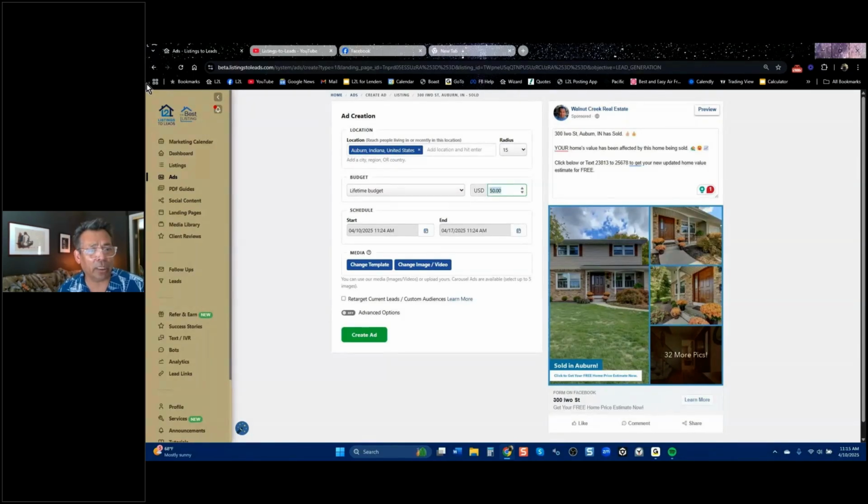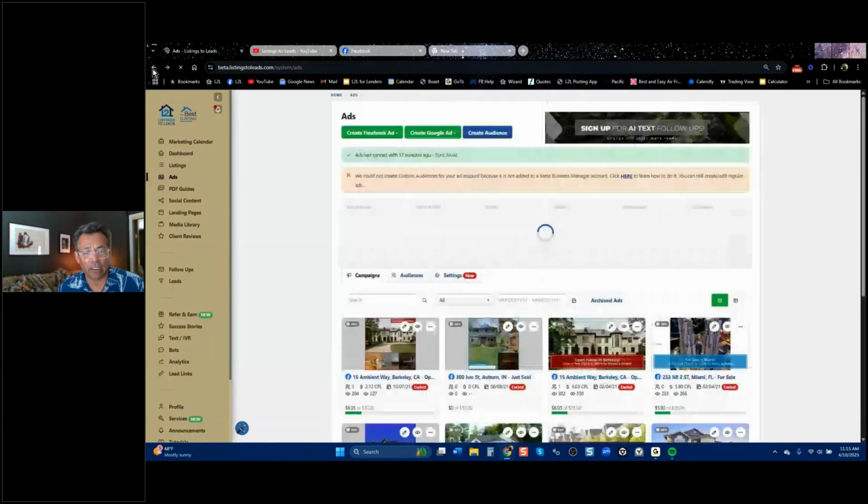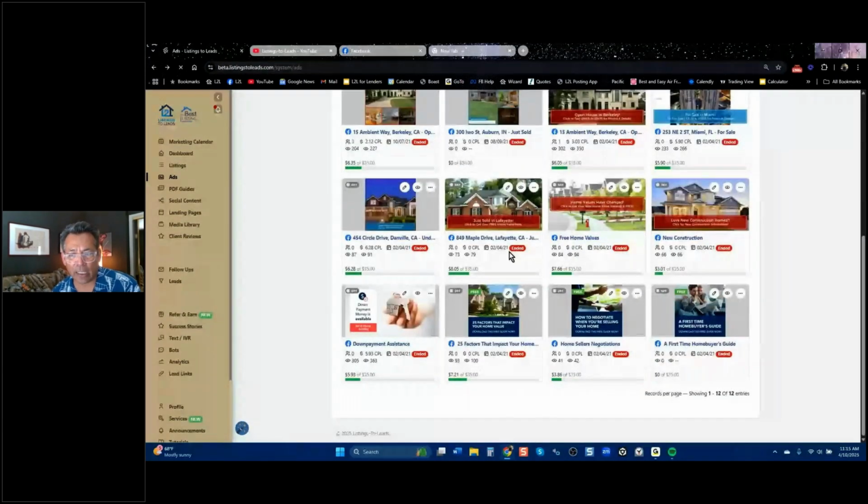If you run an ad, I'll show you the others, but I want to explain. When you run an ad, you can see how many people are looking at it. You can see how many leads because it's going to tell you how many leads. This is a demo account, so I'll show you. But you see here, it says the cost per lead, CPL, is $5.39 and here it's $6.28. If the average is $3, and I don't know where you guys are sitting, your cost per lead might be less, or it might be more on average. But in the United States, it's average $3, right?